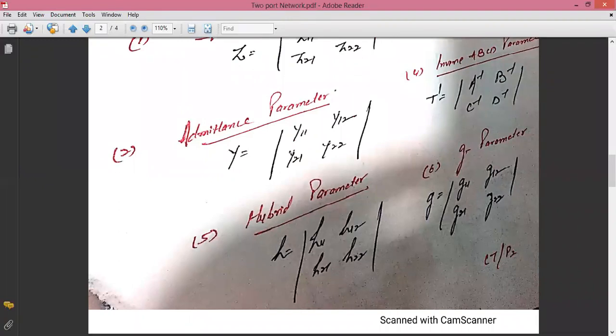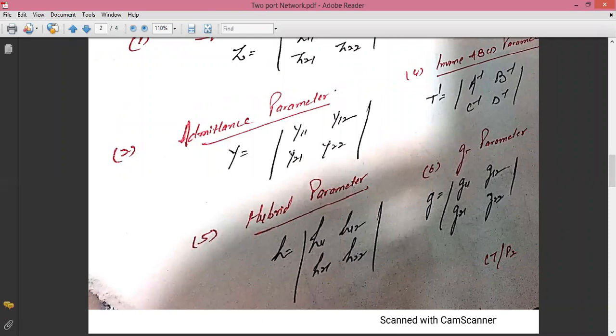So I will tell you that our two-port network analysis is basically comprised of 6 parameters, and these 6 parameters are Z, Y, ABCD, inverse ABCD, G and H. Moreover, all these parameters are further divided into 4 main categories. Like Z can be divided into Z11, Z12, Z21, Z22. The transmission parameter can be categorized into A, B, C, D. Inverse transmission will be categorized into A inverse, B inverse, C inverse, D inverse. The Y parameter will be Y11, Y12, Y21 and Y22.